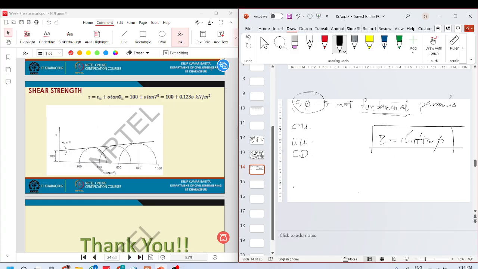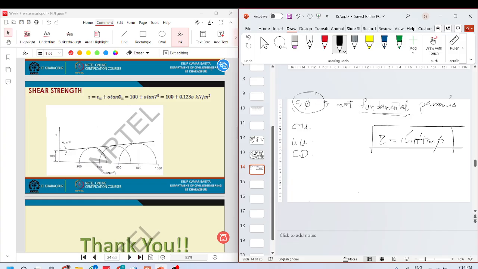So effective stress is more fundamental than total stress in that sense, but it still depends on the density, the denseness, the OC, over consolidation condition. It does depend on that, but at least it does not depend on the immediate water content of the soil. So we are basically talking about relatively more fundamental properties, which are the effective stress properties. Okay,